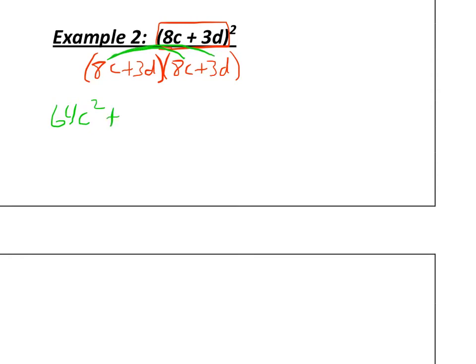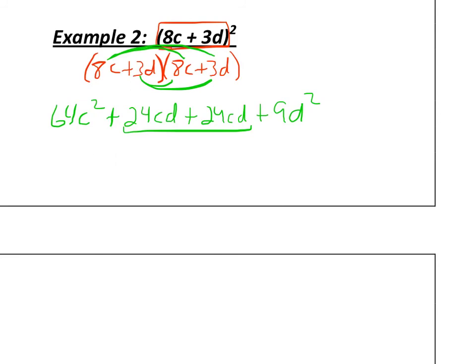Outside is positive 24cd, they're different terms. Inside is plus 24cd. And last is 9d squared. These two happen to be like terms. They are all degree 2's because c times d, for degree description, we add them up, remember? So our final answer is 64c squared plus 48cd plus 9d squared. No like terms, in order,